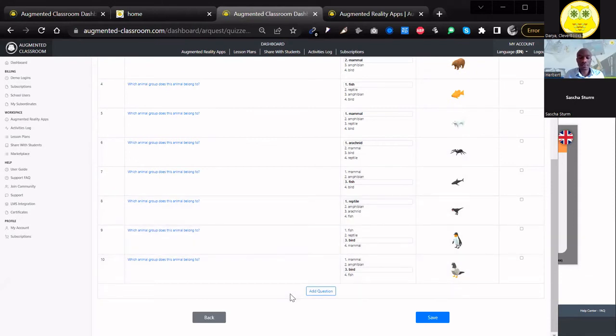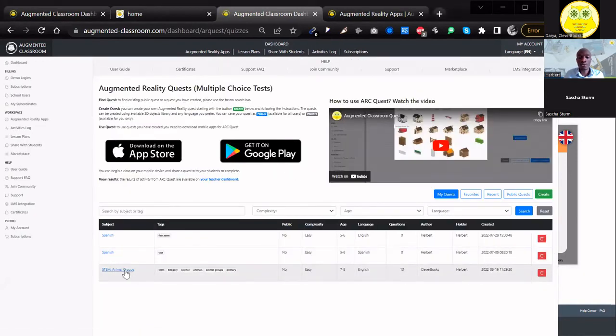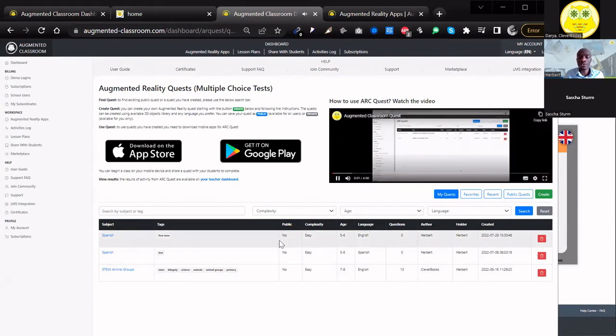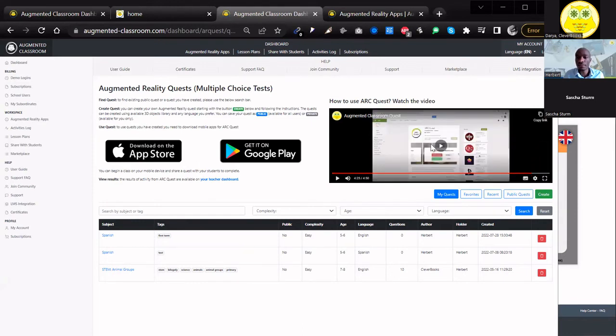So with that said, let me show you how that would work when you want to run this quiz. I'm going to show us on the video version. So once you create this, you'll need to launch it on the app. Even for this one to work on the desktop, you need to launch it on the app, because for the student to use this, it's like a Pokemon Go concept. So the students have to move around looking for the next challenge, looking for the next question. And the example will be, if you look at this video here,